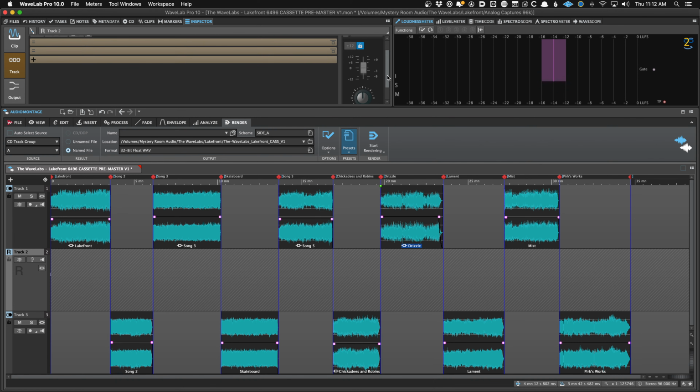Speaking of cassettes, I've had cases where clients or bands have a 3 or 4 song cassette. They'll do all 4 songs on both sides, so it's the same on both sides. That's not uncommon. So I guess that would solve that case in the case of a DDP. I guess I wouldn't recommend sending a DDP because you just never know how it's going to be handled. Obviously, a CD manufacturer knows how to handle a DDP, and I'm sure the cassette manufacturer has gotten them, and there's DDP players and all this stuff,